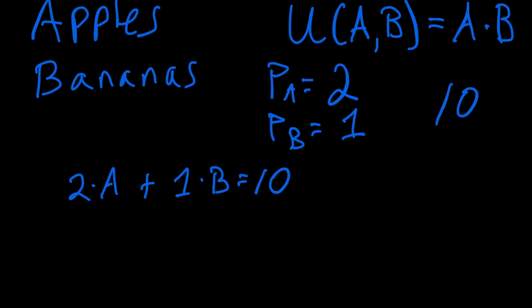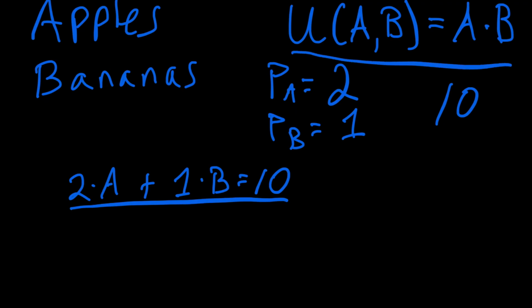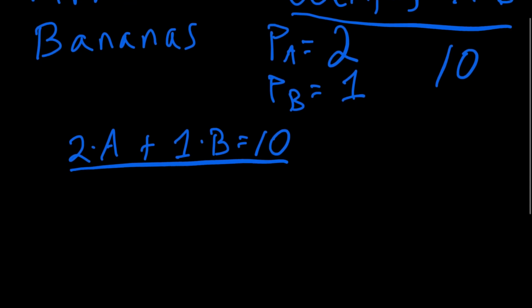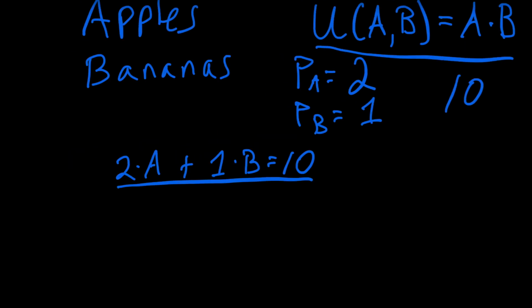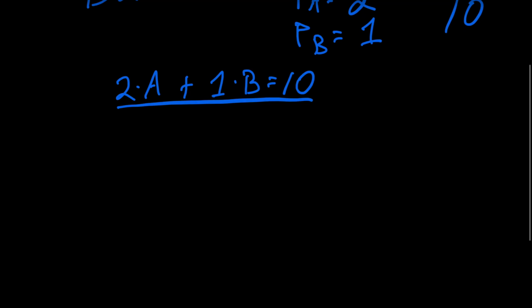Okay, so we've got pretty much everything that we need here to solve this because we've got our budget equation and we have our utility equation. Now what we want to do is find the combination of apples and bananas which maximizes our happiness given this budget equation. So very simply, how we can do this is we can first figure out the graph. You don't have to do this every time, but the reason I'm doing it is to illustrate more clearly